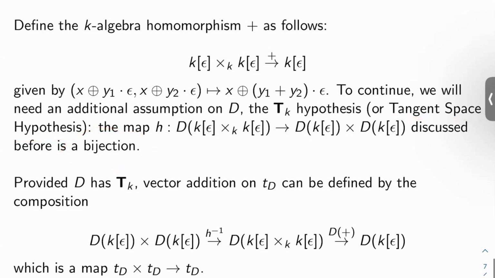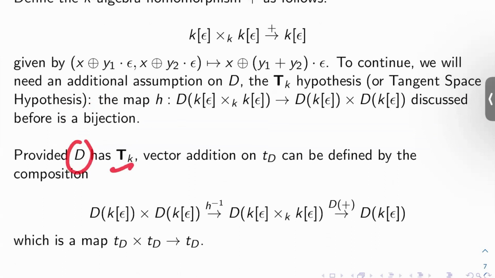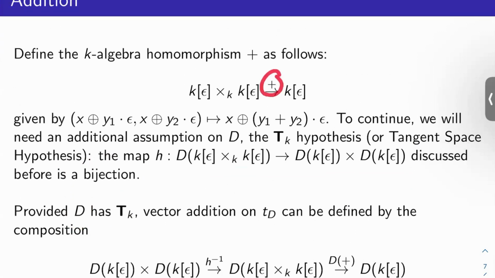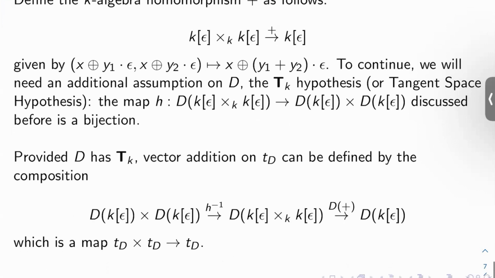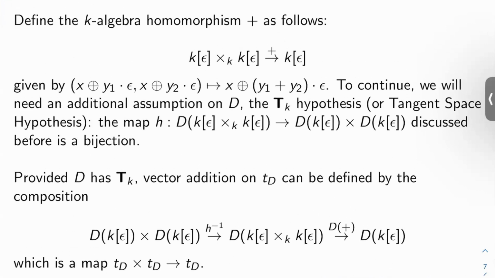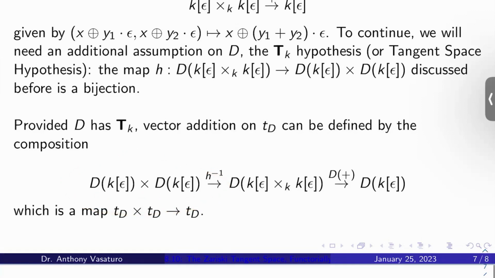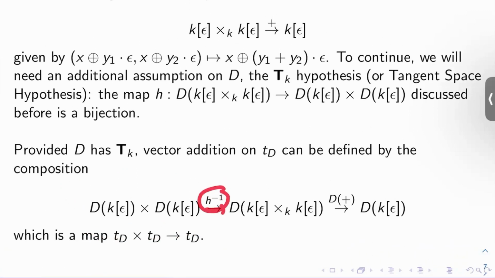Here's why you need that hypothesis. If D has the tangent space hypothesis, you can continue and use this plus operation to define an addition operation on the functorial Zariski tangent space, as follows. It's just a composition of maps. You start with D of K[epsilon] cross D of K[epsilon], which is what you want an addition law on. You apply the H inverse map, which exists because we're assuming H is a bijection,